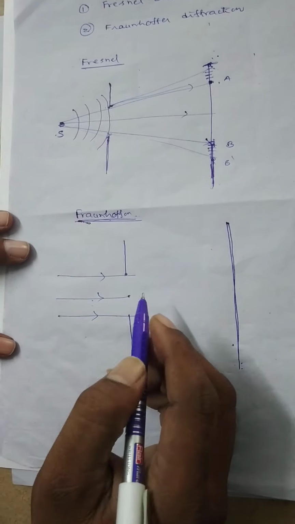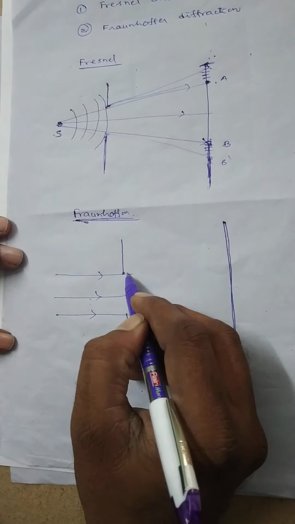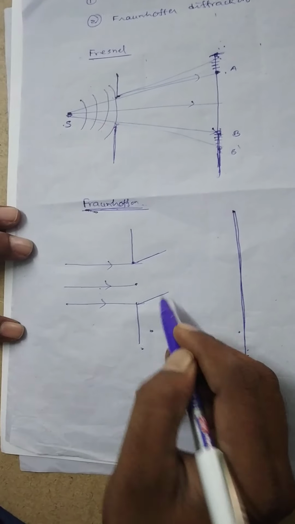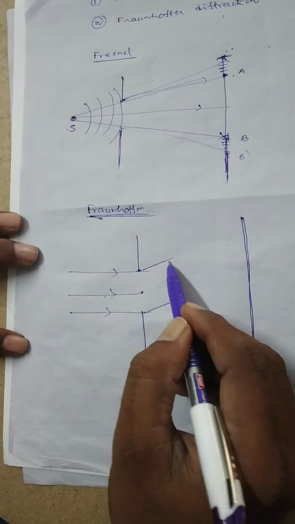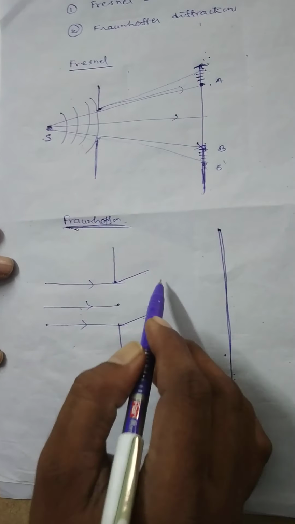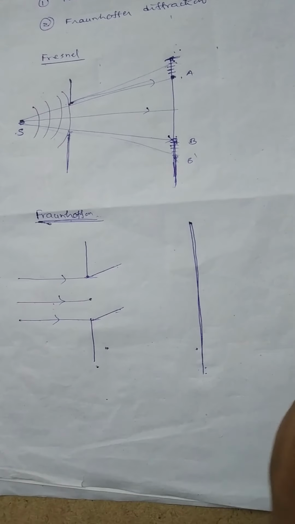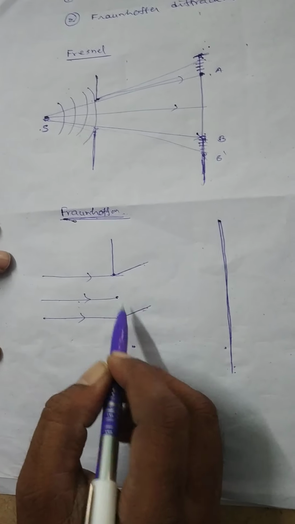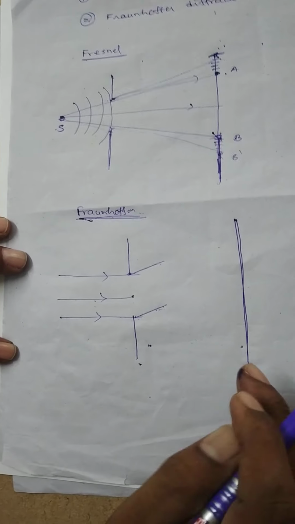So after bending, the light will encroach. For example, this light is bending like this. This light is also bending like this. That means the two light rays after bending from the slit are also again a parallel beam of light. These two light rays are superimposed together to produce diffraction bands on the screen, which is also kept at infinite distance, because a parallel beam of light must be superimposed at far away or infinite distance on the screen. But it is not possible.